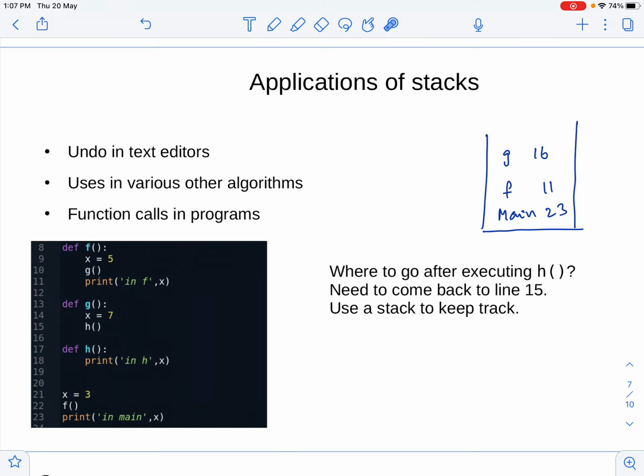Right? So this is where a stack will be useful. What you should do is, after you finish h, you must come back to what called h. So in this case, the most previously called function was g. And after that is also over, you should go back to f. So again, there's naturally a stack coming into the picture. I will just illustrate it by this stack here. So whenever a function call happens,